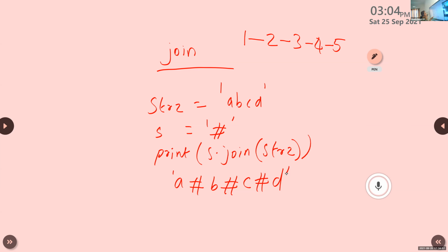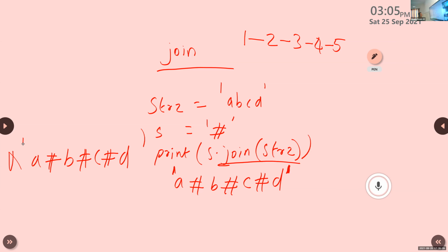After executing this print statement, the join function returns a result within single quotes because the value returned is a string. So if you write the answer like A hash, B hash, C hash, D, the answer is wrong because this function will return the result in the form of a string.